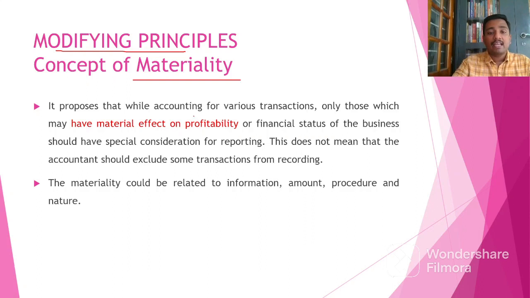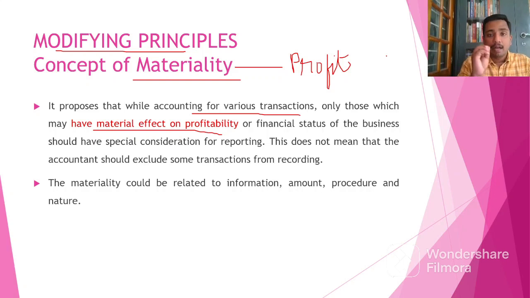So it proposes that in accounting for various transactions, only those which have a material effect on the profitability should be considered. So here materiality means it is important relating to profits. If a transaction has a positive or a negative impact related to the profits, then that should be reported and recorded into the books of account, which means immaterial or not relevant or insignificant transactions can be completely avoided at the time of recording into the books of